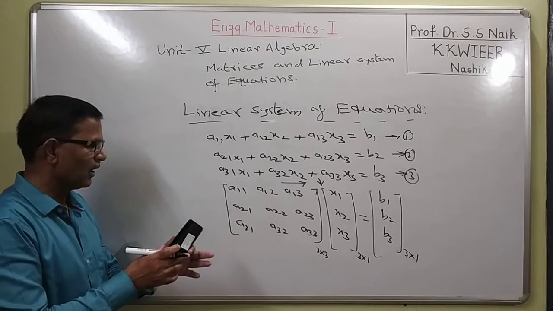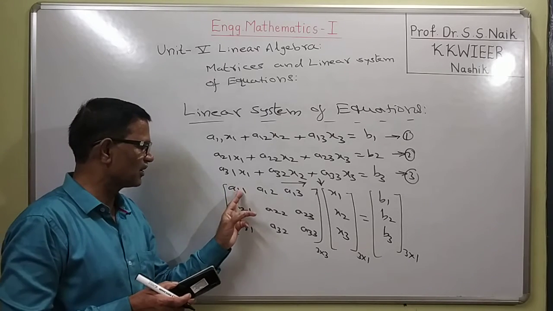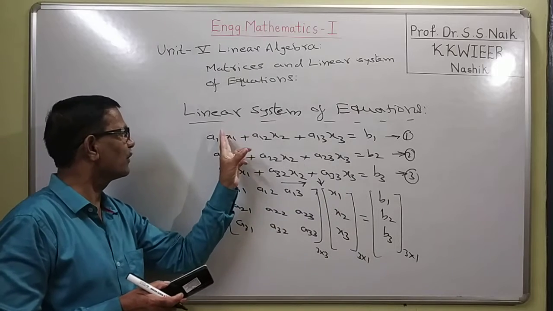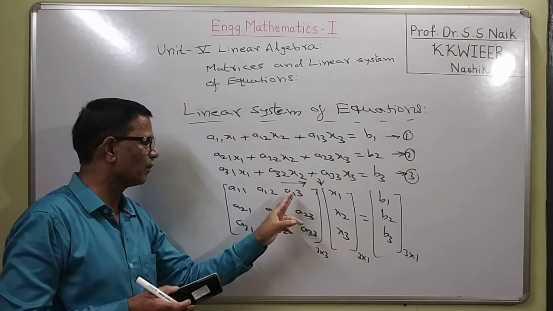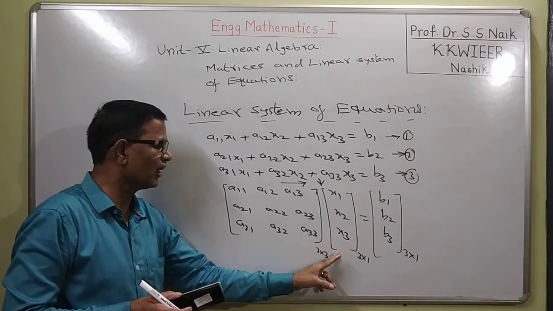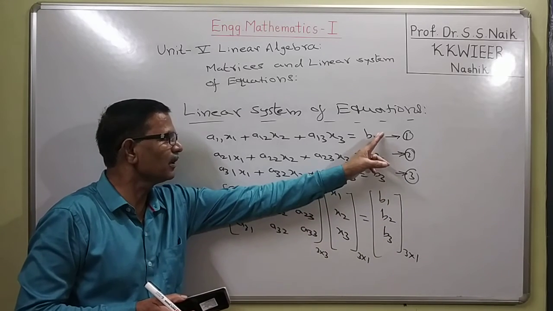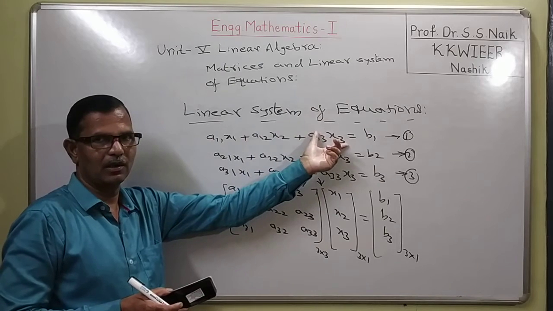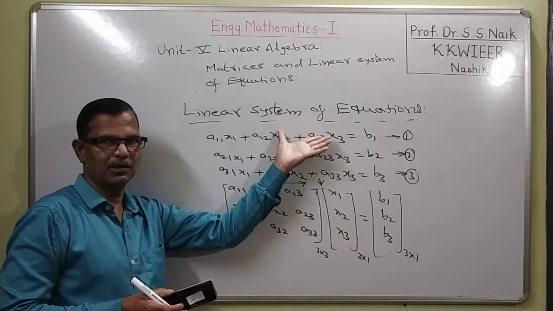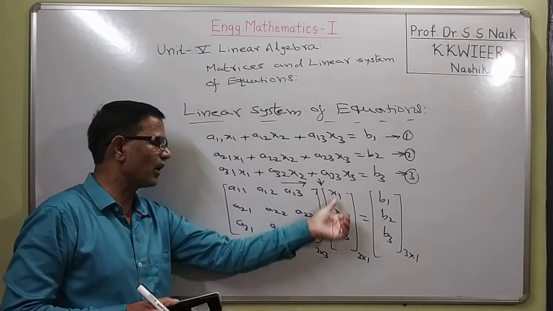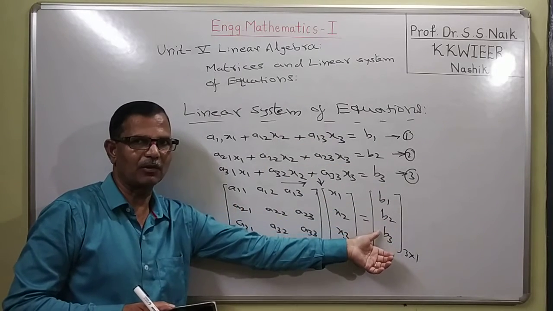So, therefore, if I multiply, this is A11x1, that is the first value, A12x2, the second value, plus A13x3 is equal to B1, which is equation number 1. Okay, that is first row by column. You get the first equation. Then similarly, second row by the column becomes the second equation.